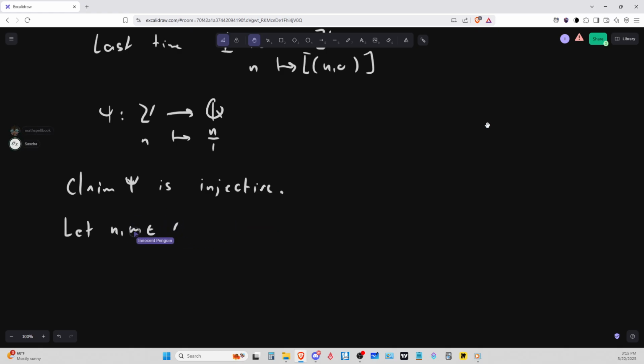First of all, we have to make sense of all the words. The map phi is defined above, so we don't really have to worry about it. But the word which is probably the most problematic one is the word injective. So maybe we can just recall: psi is injective